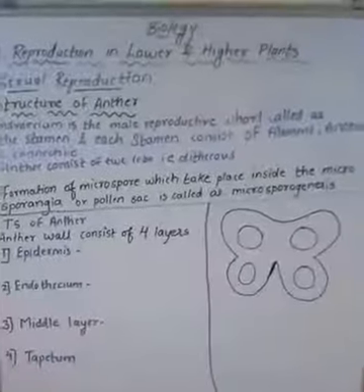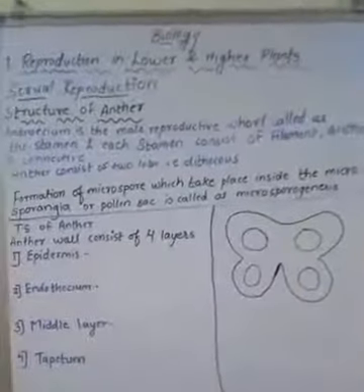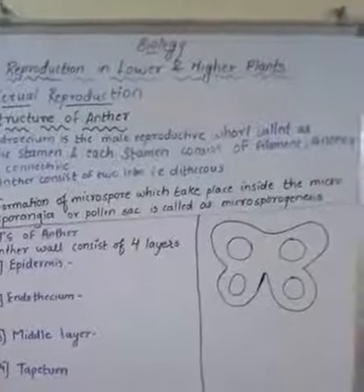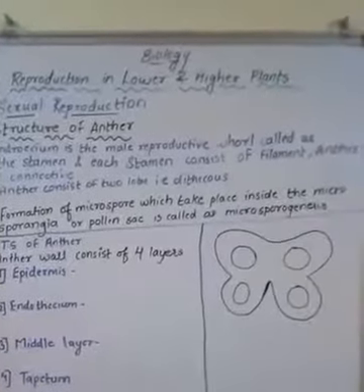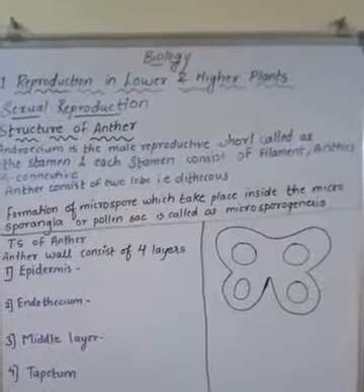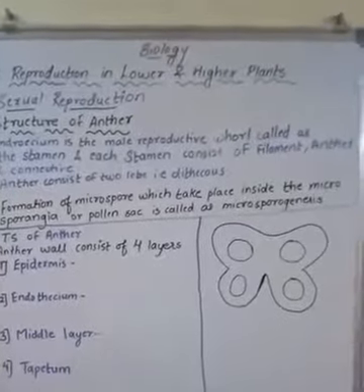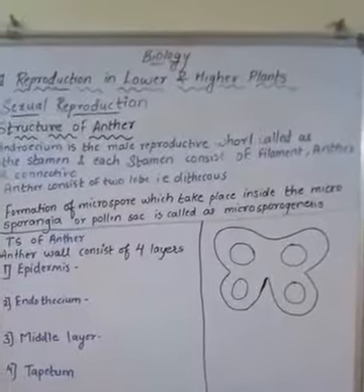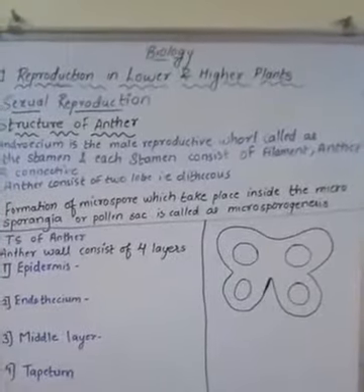Now we will be seeing the structure of the anther. We are putting our step towards the development of the male gametophyte, which means we will first see the process of microsporogenesis, then the development of the male gametophyte. But where this process takes place, and how microspores are generated, for that we first have to study the structure of the anther.